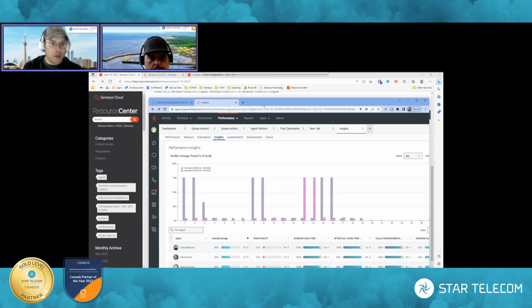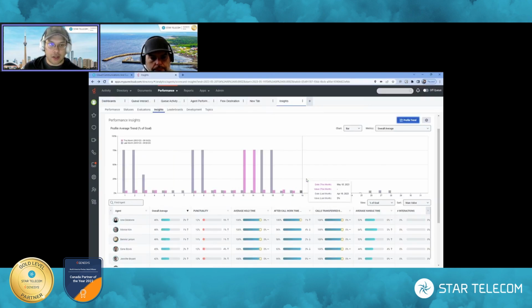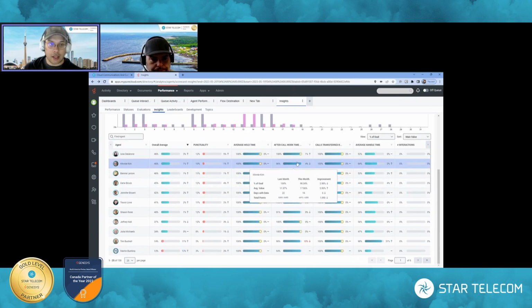Let me quickly see. Like, I don't even think this is pulling from WEM. Oh yeah, it is pulling from WEM. Actually, no, it's not pulling. You need the WEM add-on for this. You need the add-on, but you don't need WFM to do this. Right. So this isn't workforce management data. This is just pure Genesys metrics, call center metrics. That's correct. Yeah. And visualizing it and actually,